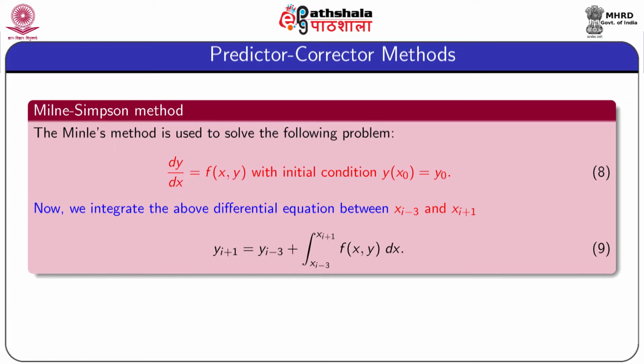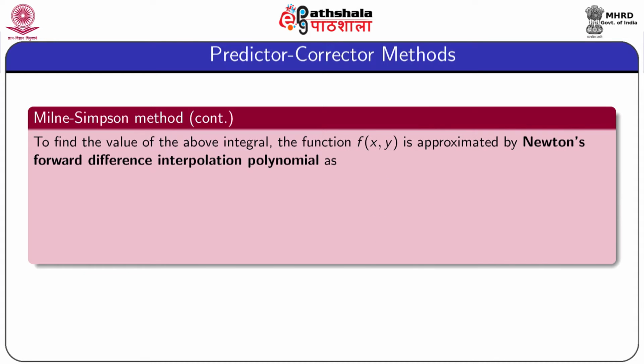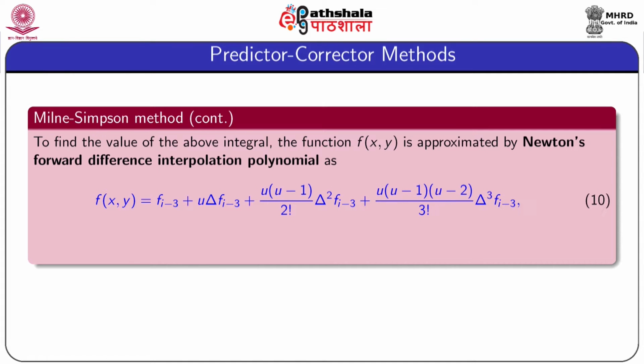So to integrate the second term, we replace the function f(x,y) by approximating this expression with the help of Newton forward interpolating polynomial. That means the function f(x,y) is approximated by Newton's forward difference interpolation polynomial as